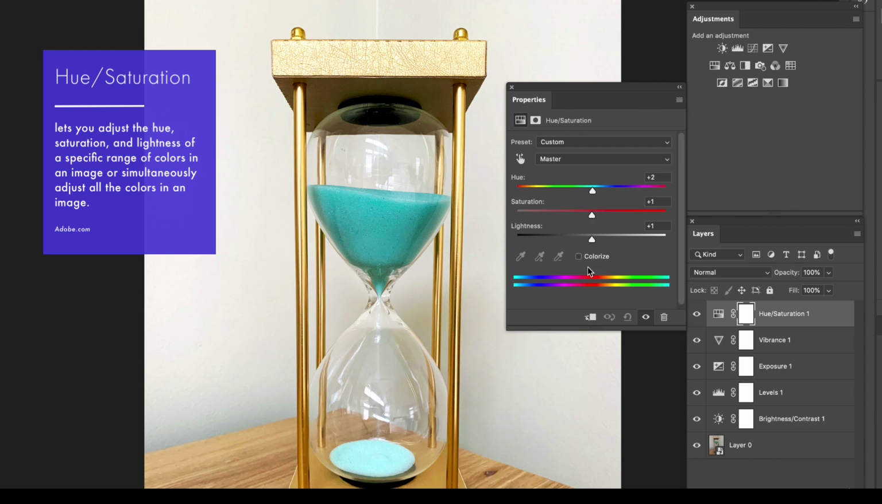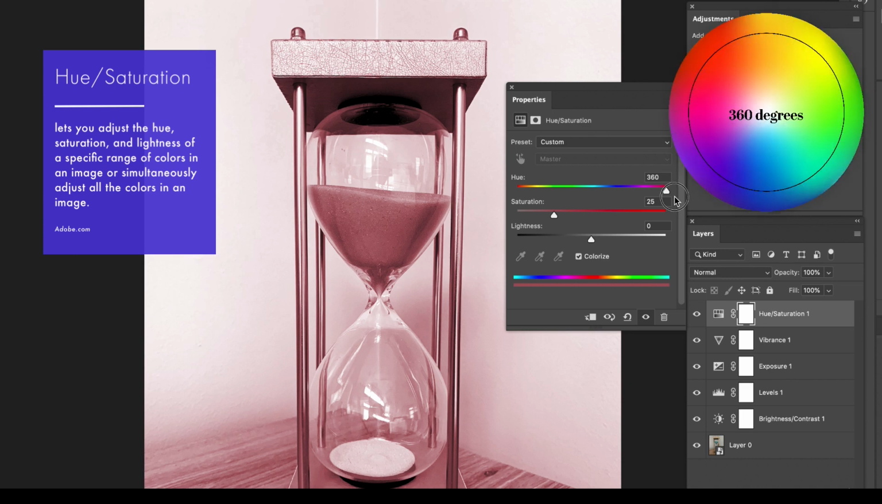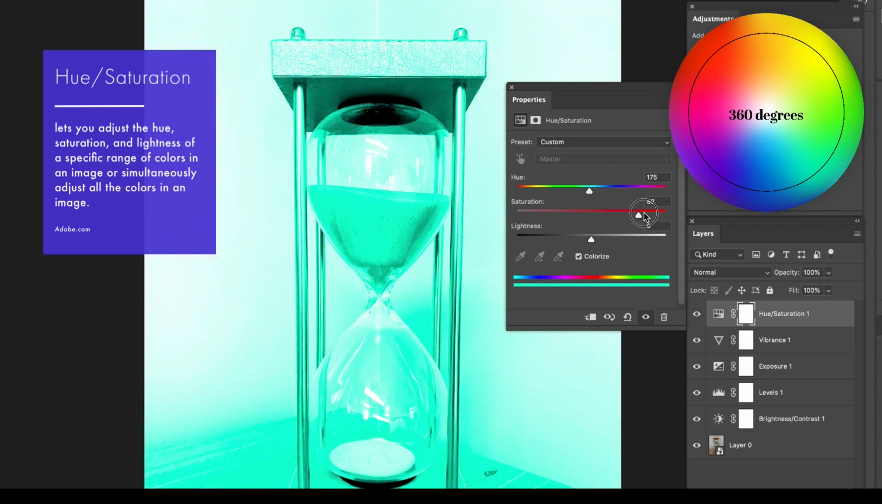What's really neat about this is you can click on colorize right down here. This little box, I'm going to go ahead and tick colorize. And what I can do is a quick color change that's monochromatic, so it's all one color. And I can slide it along the hue slider all the way to 360, which is basically the entire color wheel. So you can slide it all along. It's going to do the full hue, and if I go all the way to full saturation,